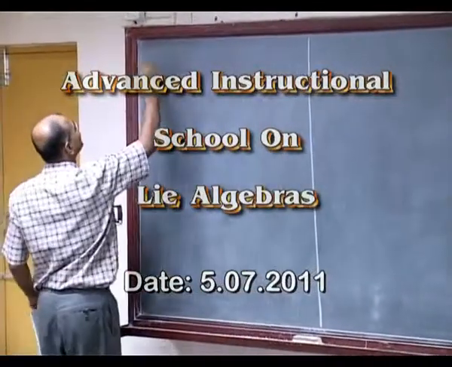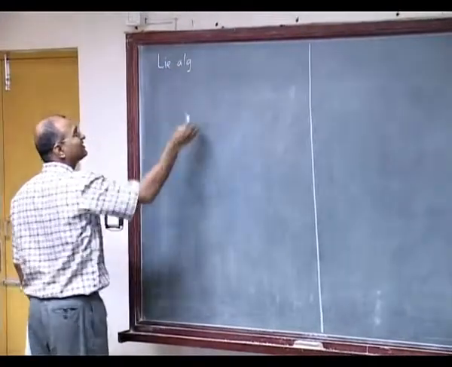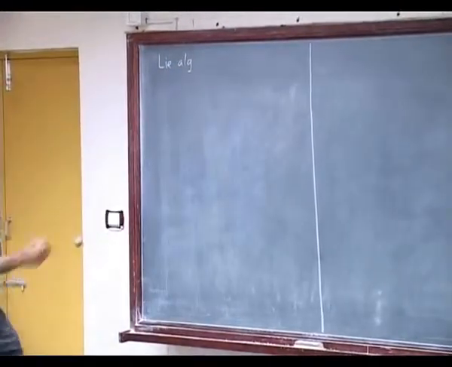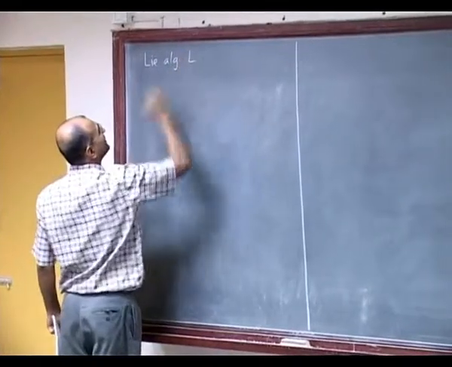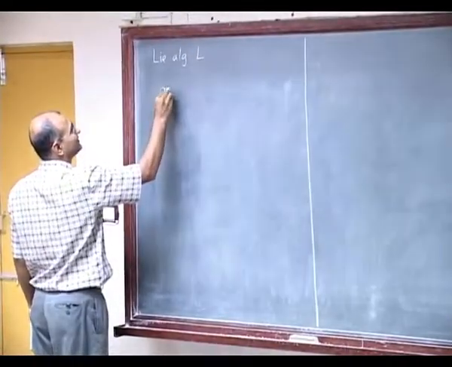Alright, so we know what Lie algebras are and we know how to write the Jacobi identity. So let's write it down. Lie algebra L, and the Jacobi identity says that